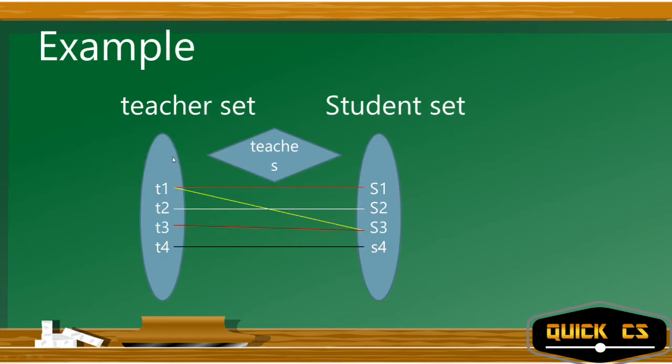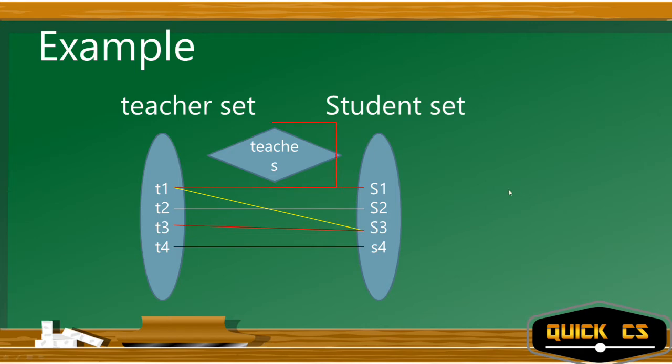Let's say we have got an entity type over here called teacher, and we have got entity type student. Okay. So teacher 1 teaches student 1, teacher 1 also teaches student 3, teacher 2 teaches student 2, teacher 3 teaches student 3, and teacher 4 teaches student 4. Now what is the relationship between these two entity types? The relation is teaches. Okay. So teacher teaches student. Okay, so how many entity types are there related to this relationship? 1 and 2, that is teacher set and student set. Hence, the degree of this relationship is 2, or it is also known as binary.